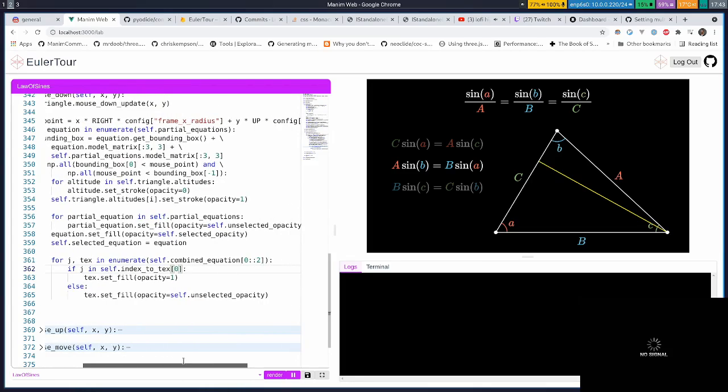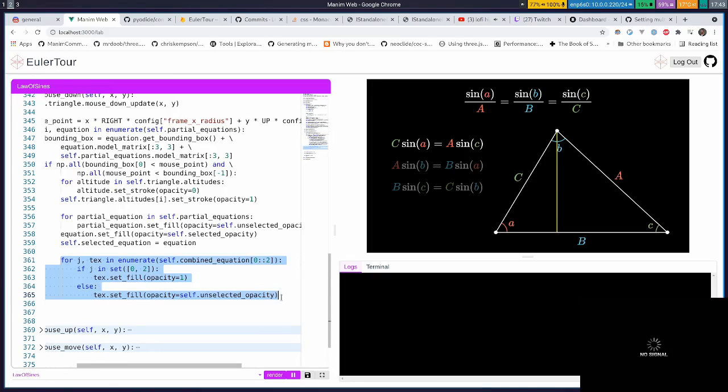Else tech.setfill. So why is that never happening? If I just put set 0, 2. Okay, so that's not working. So instead,